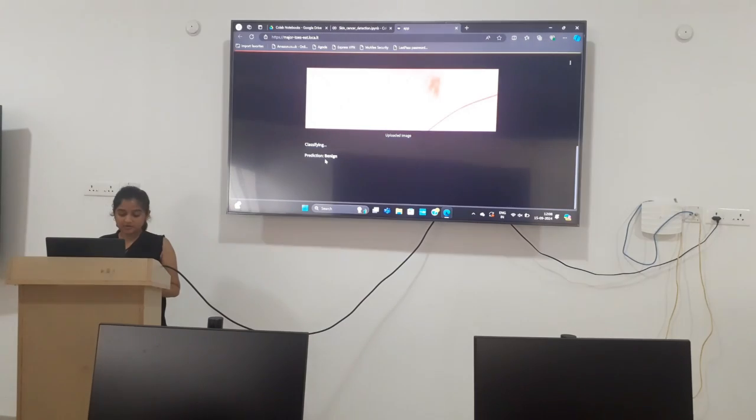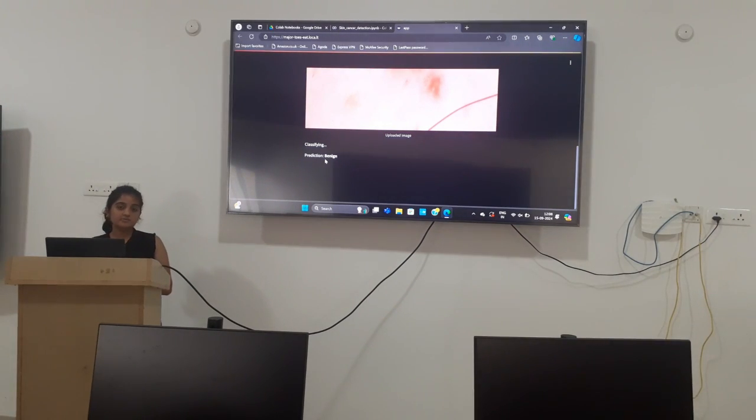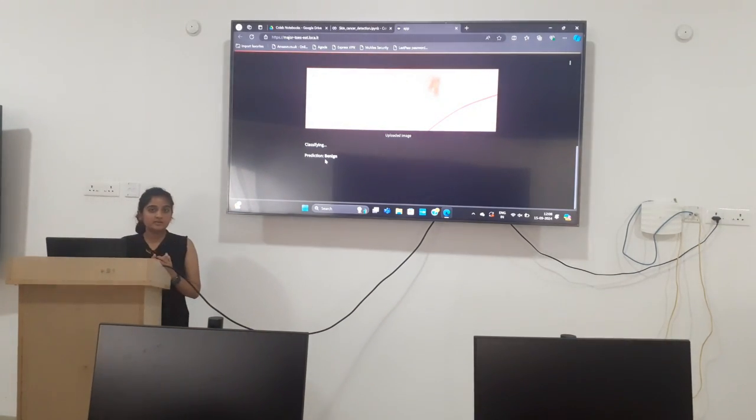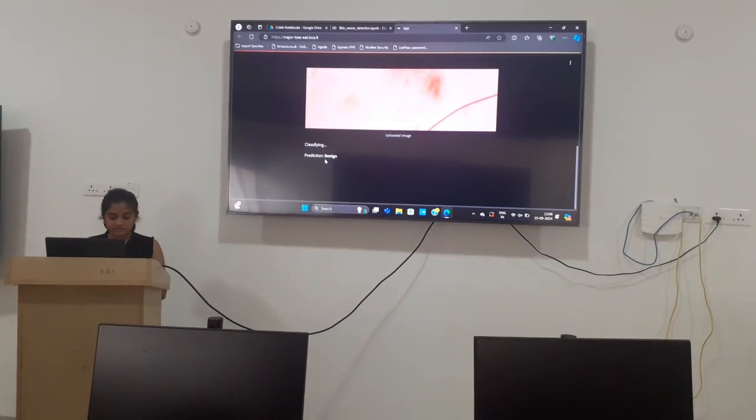The application of this model is that it is user friendly. Users can easily upload the image and get the predicted skin cancer type, and it helps in early detection and diagnosis of